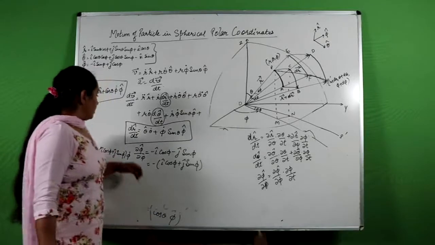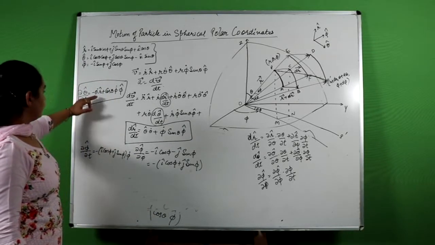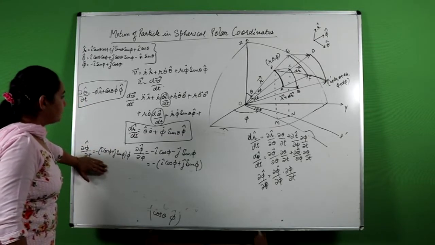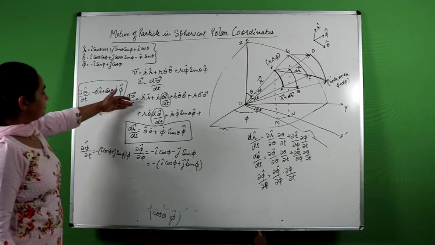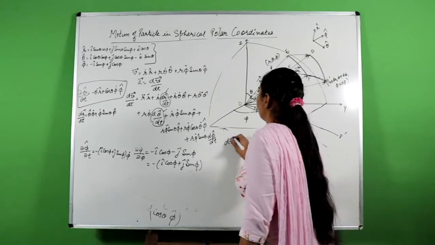Now I have all these three values, dr by dt, d theta by dt, d phi by dt. Now I will put all these three values in this equation. So my dv by dt will become